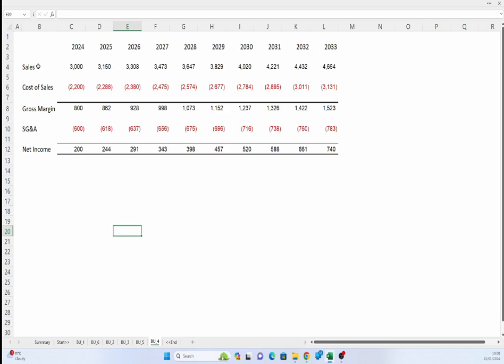So again, when you're thinking about using a 3D sum, think about the construction of your template sheets. They need to be identical, at least the bits you're summing need to be identical. A bit of planning is needed. The third point is that